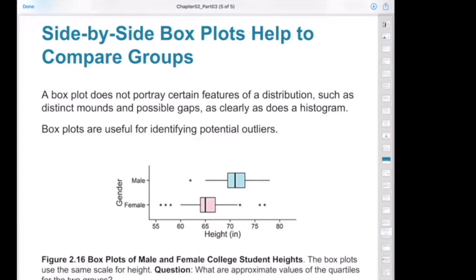These portray certain features of the distribution. So these two distributions are based on the height of the students, for male and female groups. So as you can see here, from these two groups, you can compare between the height of the males and the females,